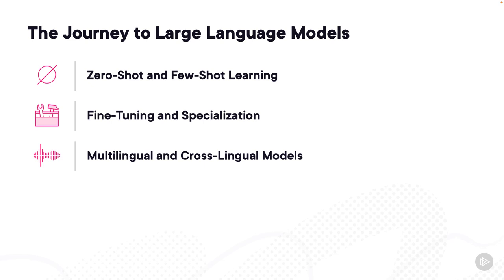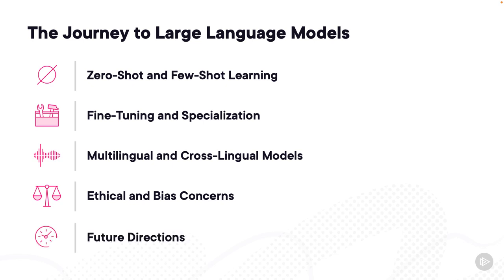The development of LLMs that were capable of understanding and generating content in multiple languages demonstrated their versatility and impact on global communication. And as LLMs became more powerful, ethical concerns regarding bias, misinformation, and potential misuse gained attention. Researchers and organizations started addressing these challenges to ensure responsible AI usage. The history of LLMs is an ongoing narrative. Researchers are exploring avenues such as even larger models, better fine-tuning techniques, and increased focus on explainability and interpretability.